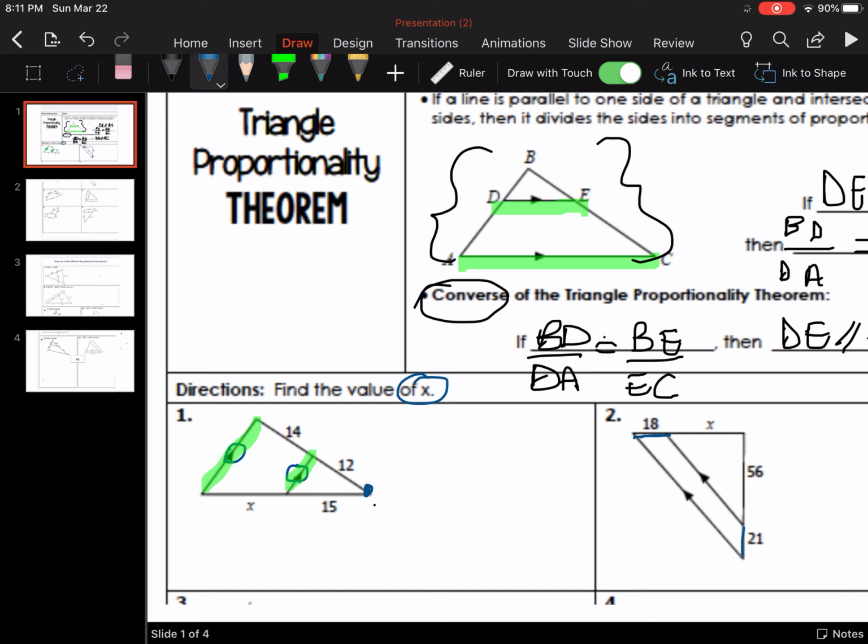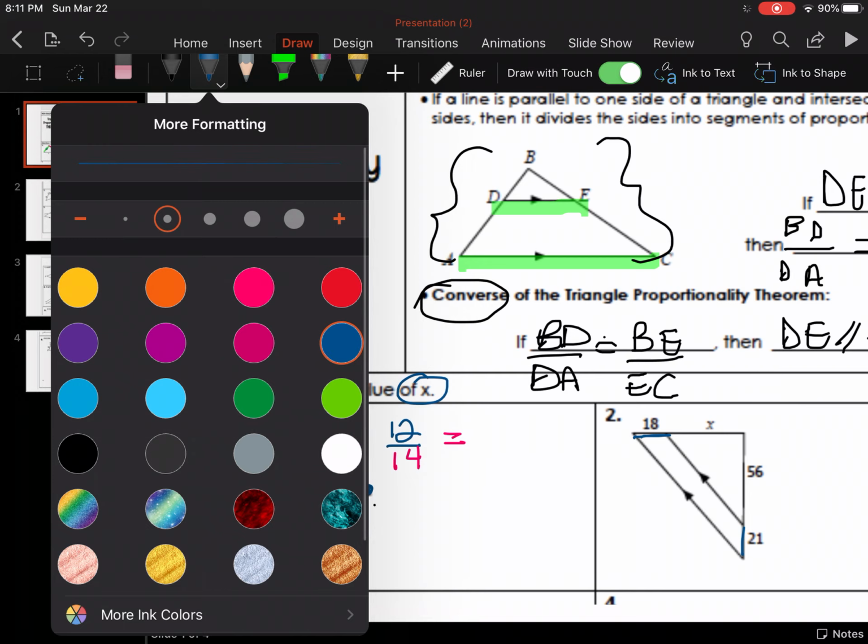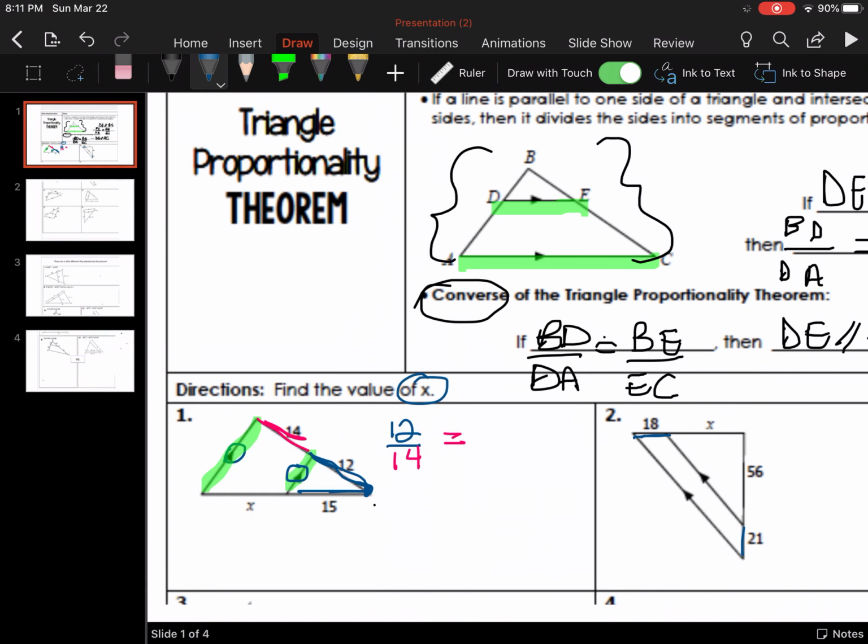So I'm going to start here at the tip. The tip, so the top piece here, 12, over the bottom piece, 14, will reduce to the same value as the top piece here, 15, over the bottom piece here,